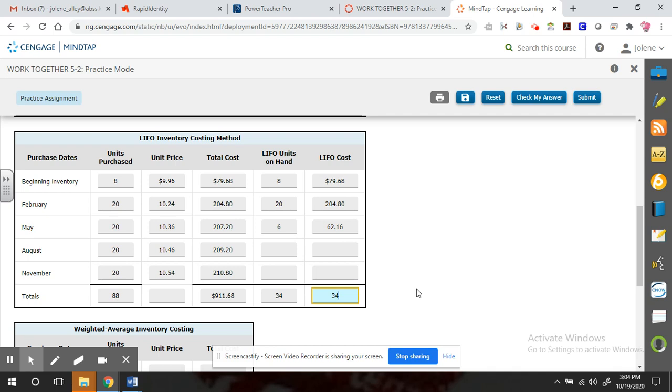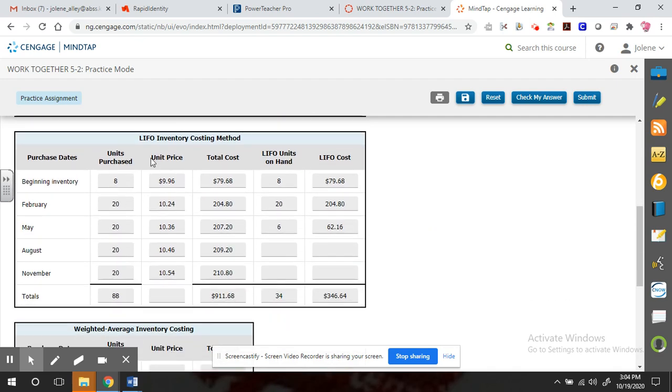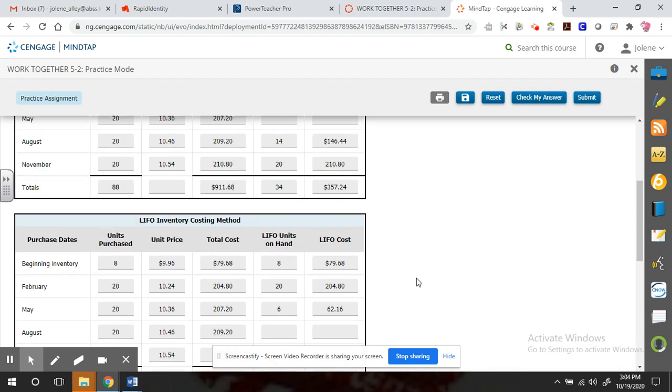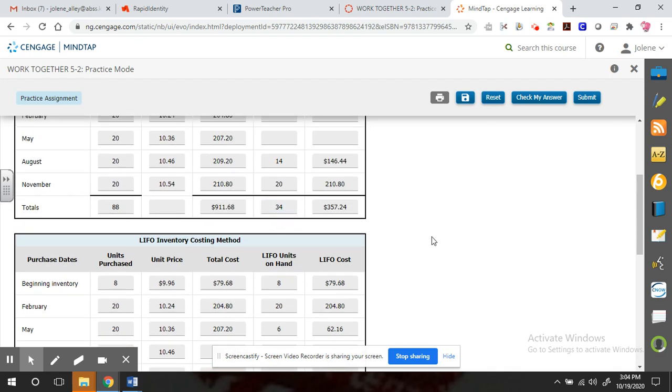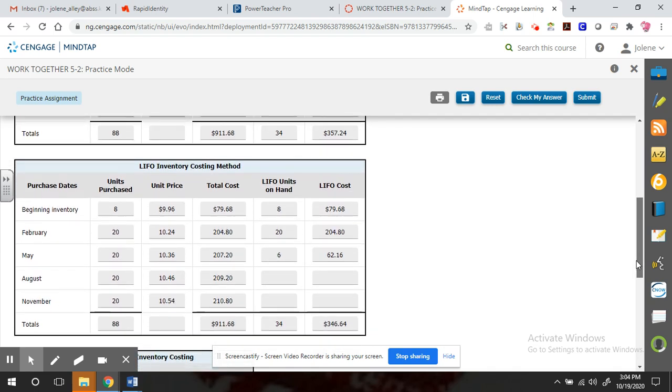And I get a total of $346.64. All right. Now, FIFO, first in, first out, and LIFO, last in, last out, we're still talking about the same 34 air filters. The same 34 air filters. But look at this. Depending on what your method is,